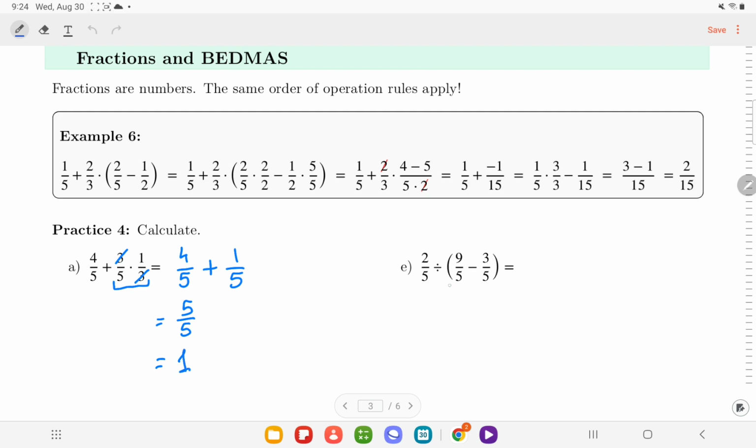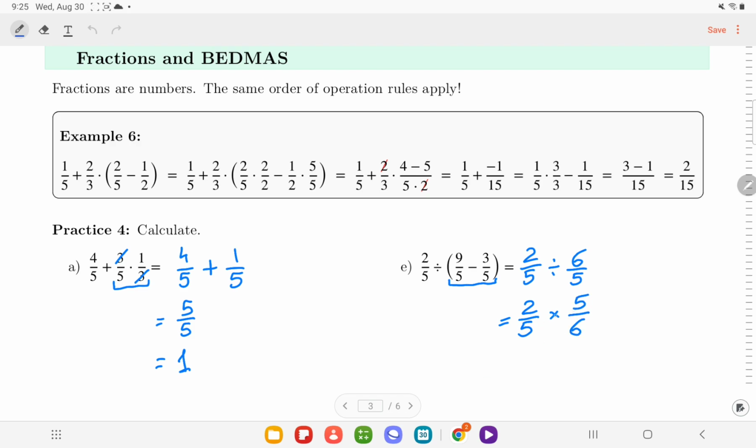In E, we have to complete brackets first. These two fractions have the same denominator, so that makes it easier. 2 over 5 divide by, we subtract, 9 minus 3 is 6 over 5. Now we have a division. Remember, we keep the first fraction the same, we change division to multiplication, and we take the reciprocal of the second fraction,